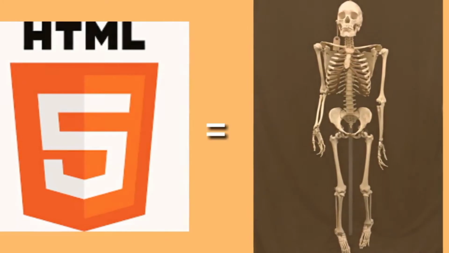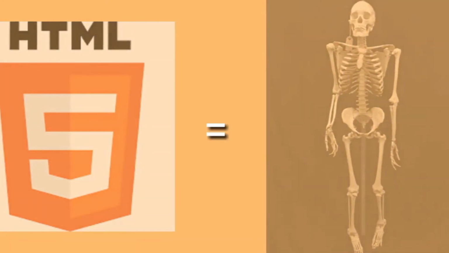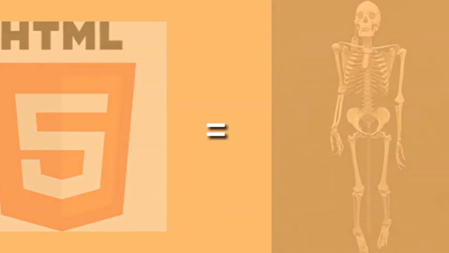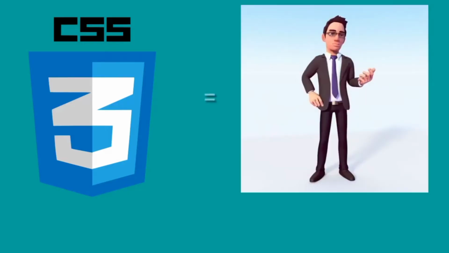If you are designing a site by using HTML, that web page looks like the same skeleton. That means the user cannot see that skeleton. Anyone likes to see that skeleton? No, no one. But if the skeleton has body, dress, and all of the stuff, then every user can see that skeleton, not skeleton, that man. Every user can see that man and interact with him. That is equal to CSS.